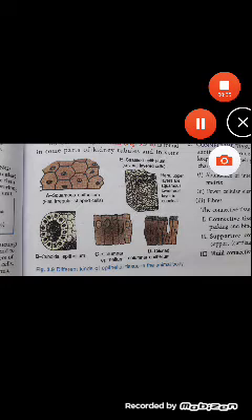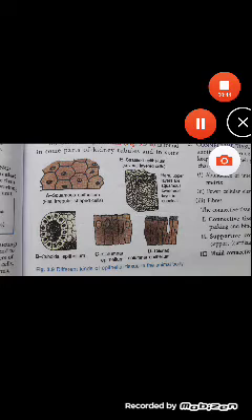In this chapter called tissue, we have completed our discussion up to the plant tissues. Each and every kind of plant tissue we have discussed in detail. We have explained their functions, their structure, and whatever was possible, we have done so. Now today we will start discussion about animal tissue.